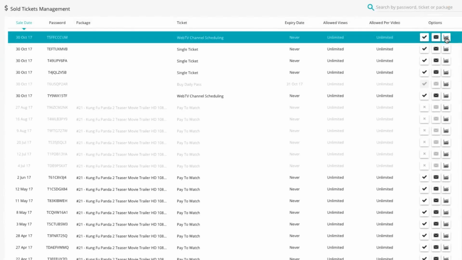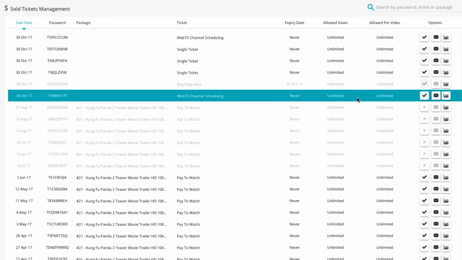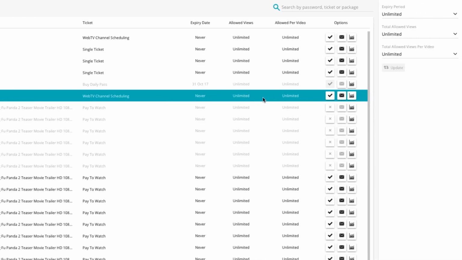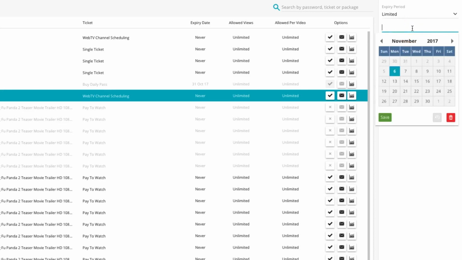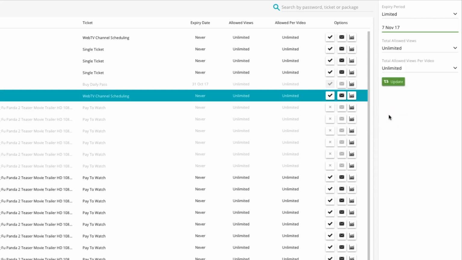To edit a ticket's expiry parameters, please select the ticket you wish to edit from the Ticket Management panel. On the right-hand editing panel, you will be able to change and update the parameters. Under expiry period, you can set when the ticket will expire. You can either set it to unlimited or specify an expiration date. Under total allowed views, you can set the total amount of allowed views across all the videos connected